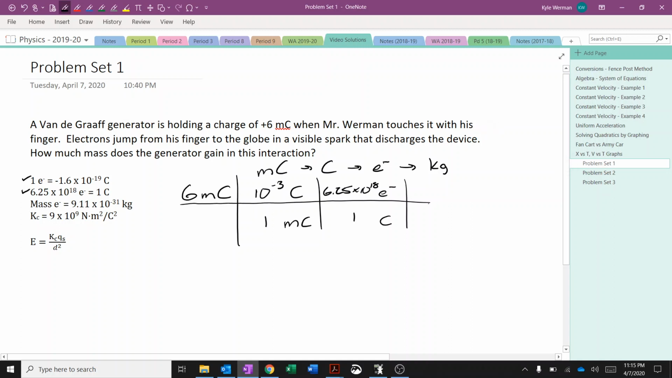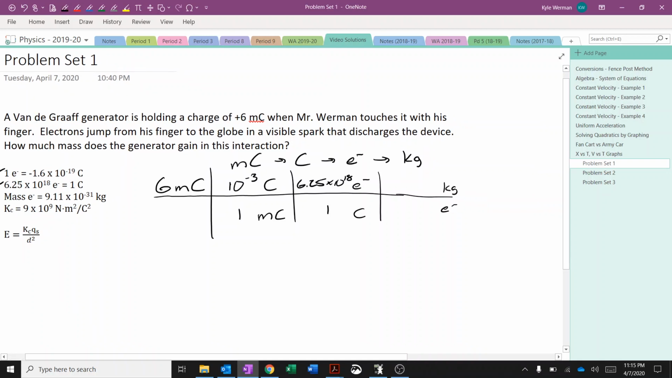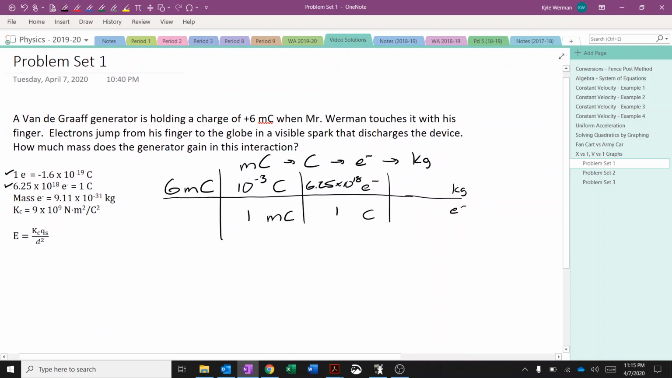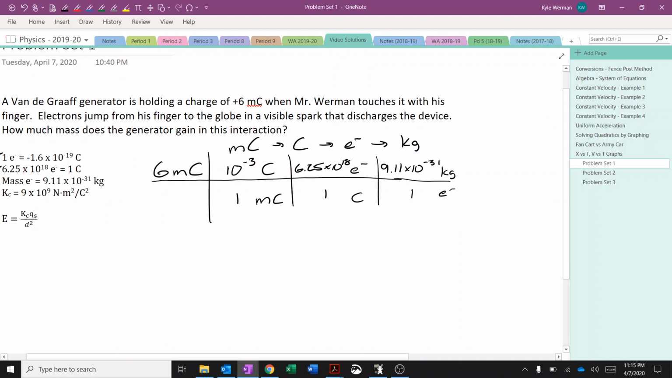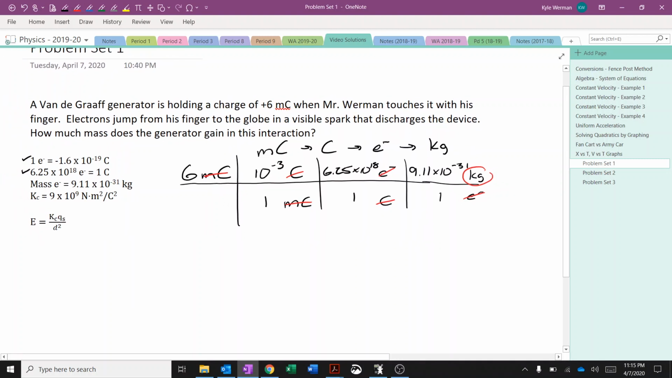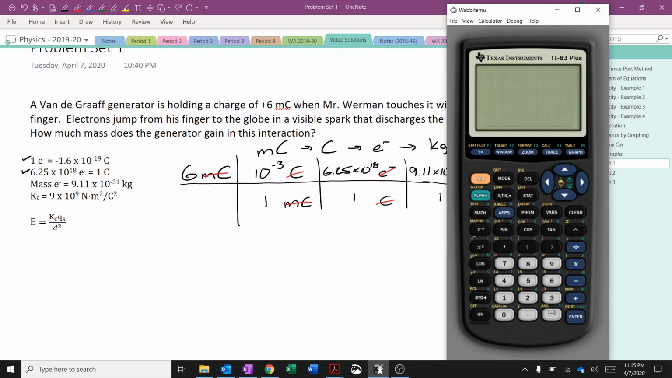And then lastly, we'll go from electrons to kilograms. Again, I'm just algebraically canceling these, they're kind of like units, right? And so the mass of 1 electron is 9.11 times 10 to the negative 31 kilograms. Before I do any calculations, I'm going to check: millicoulombs, millicoulombs. All right, that makes sense. Coulombs and coulombs cancel. I'm now in electrons, and electrons and electrons cancel. I'm in kilograms. And all my denominators are 1, so now it's just a matter of going into my calculator